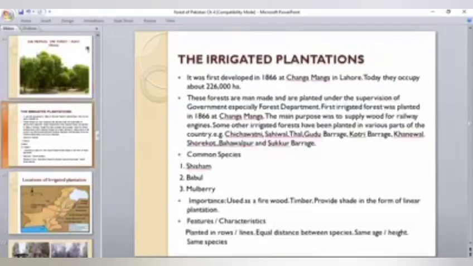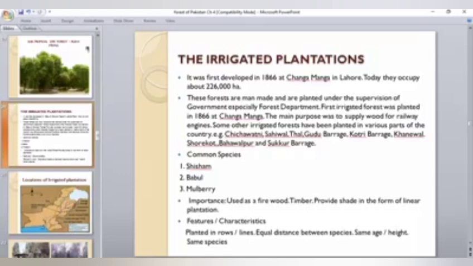Then the irrigated plantation. These forests are man-made and are planted under the supervision of government, especially the forest department. The first irrigated forest was planted in 1866 at Changa Manga. The main purpose was to supply wood for railway engines. Some other irrigated forests have been planted in various parts of the country, for example, Chichawatni, Sahiwal, Thal, Guddu